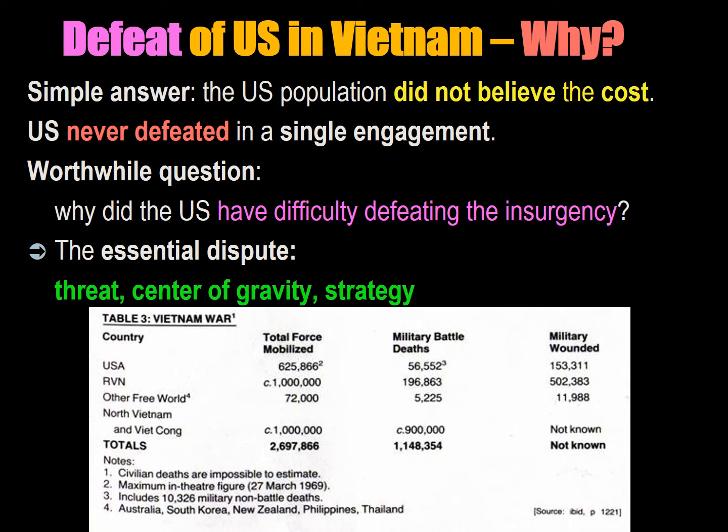So we have a case which is the big question of why did the U.S. have so many difficulties dealing with the insurgents, and why did the U.S. ultimately lose in its war in Vietnam? And the simple answer is that the U.S. population did not believe that the cost was worth it, as measured in the 58,000 killed and the many tens of thousands that were wounded, and the billions of dollars spent was worth the victory, which in any case would